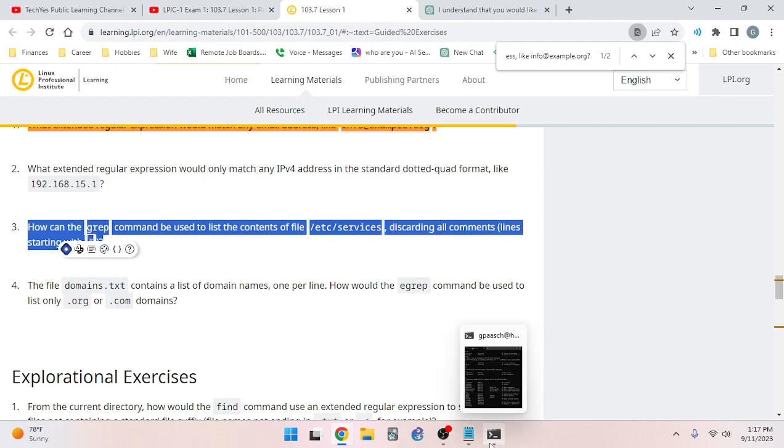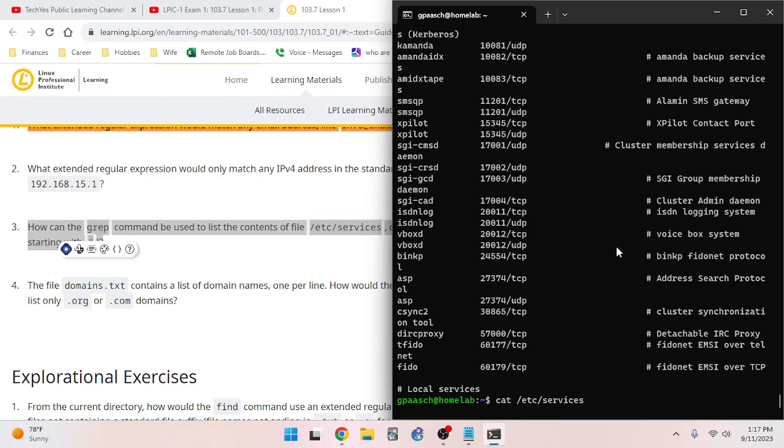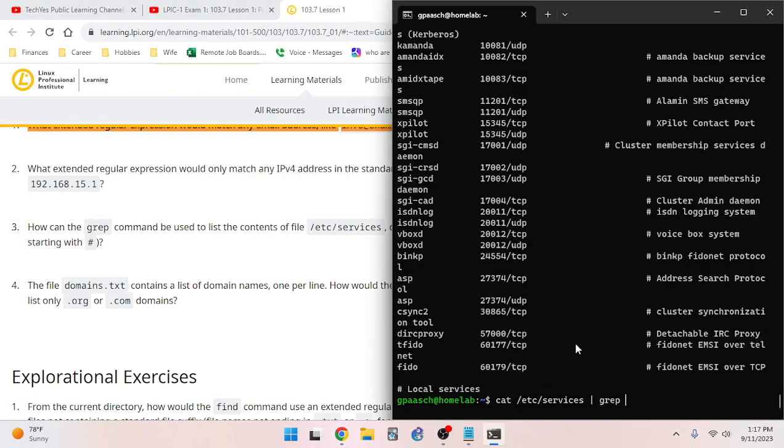So here's my answer. If we do cat, what we can do is we can do pipe grep to feed it into grep as input. And then we can discard all comments, lines that start with that by saying we want a line that begins with any character 0 or more times, except for a